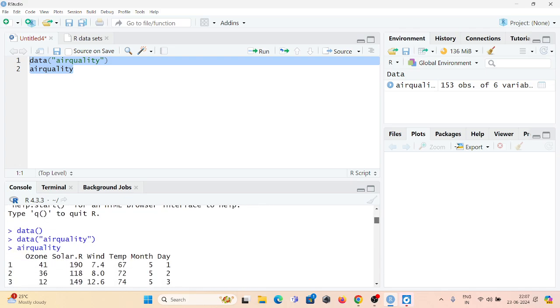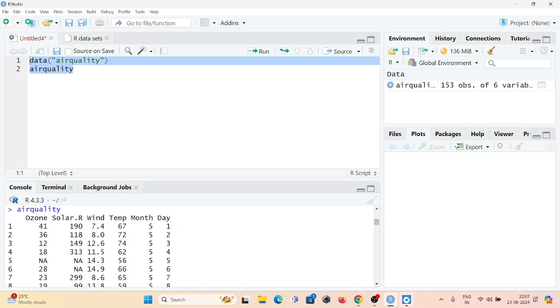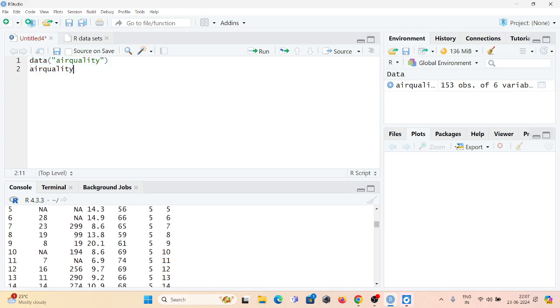You can see that this data set consists of NA values. This is an NA value, this is an NA value, this is also, and other NA values are also present. That means this is the data set that consists of a few missing values. So that's why we considered this airquality data set, right? Up to this point we have identified the data set, airquality, and we got confirmation that this data set consists of NA values. Now we will work upon this data set, upon the NA values, right?